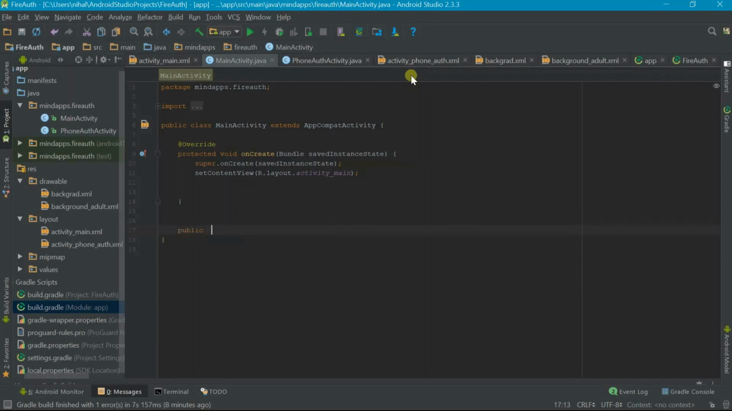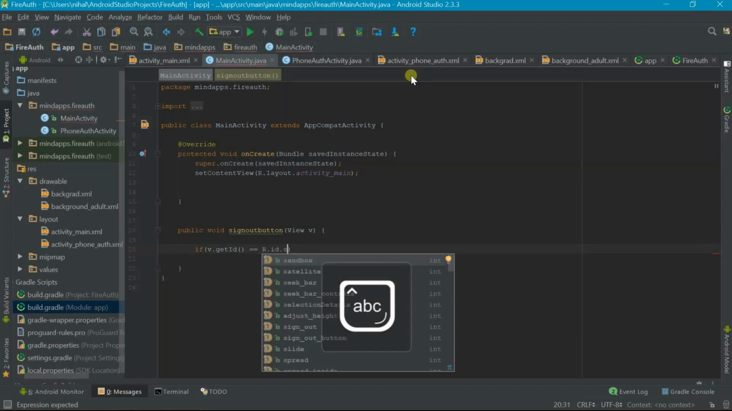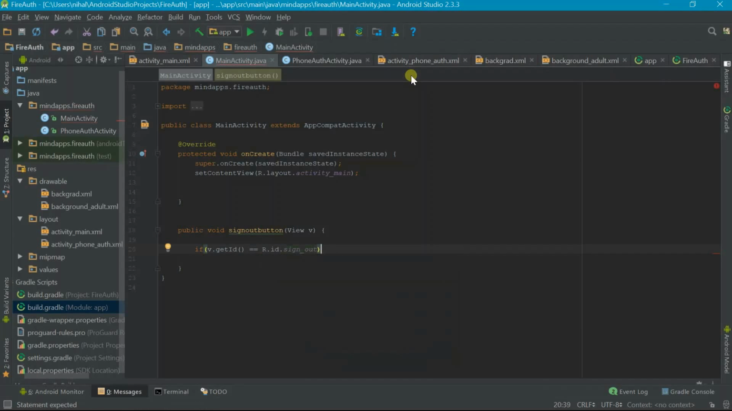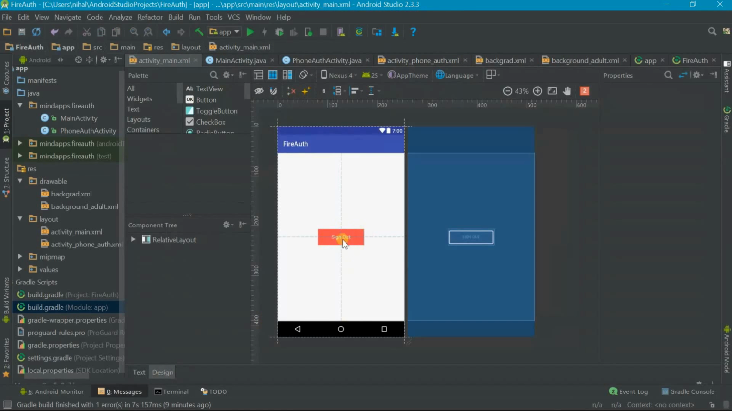Let's just add it, public void signOutButton(View view). It's, yeah, this was the ID of our button. So if a user clicks on this button, this method will run,